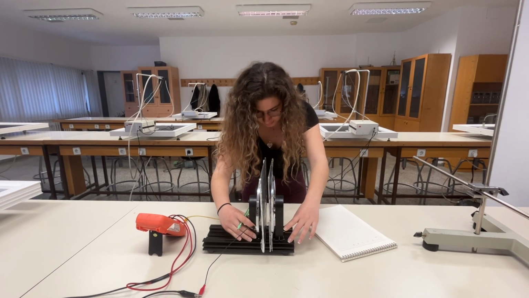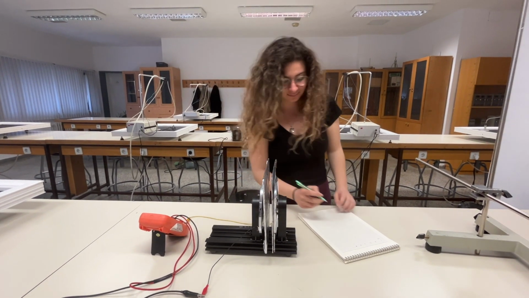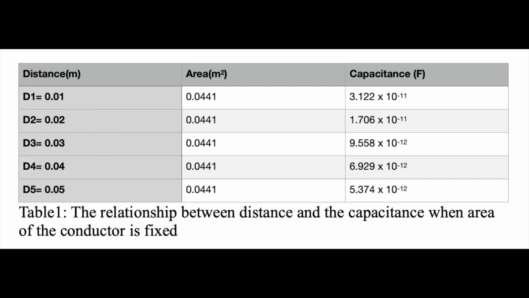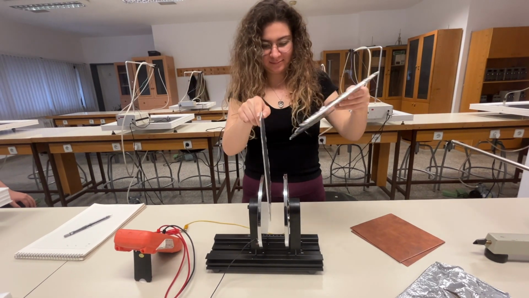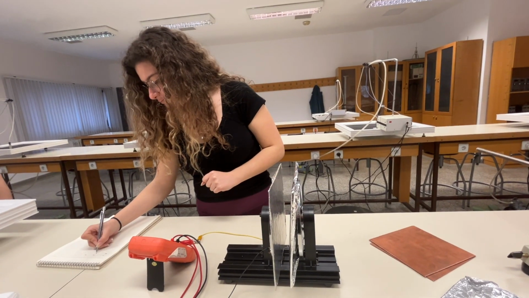First, I adjusted the distance between the conductors one by one as 1, 2, 3, 4, and 5 centimeters, and took note of the capacitance values I measured with a multimeter. While doing this step of the experiment, I kept the area of the conductors constant at 0.0441 meters square. Keeping the distance between the conductors constant at 3 centimeters, I measured again with conductors whose areas